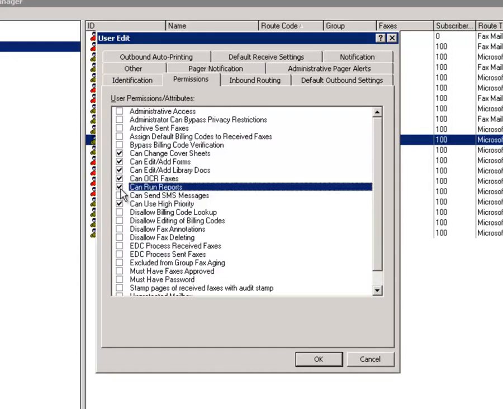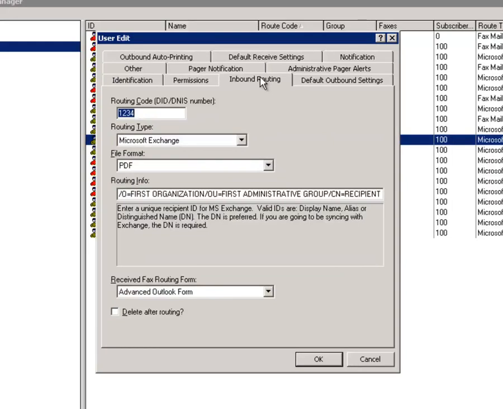I don't have to worry at all. Other things I have to look at are the inbound routing. This one you have to be very careful because most of the fields here are going to be overwritten from Active Directory, such as the route code, which corresponds to the fax number field in Active Directory, and basically the default is to take the last 4 digits of the information in the fax number field in AD and put